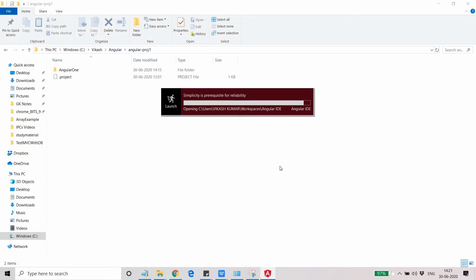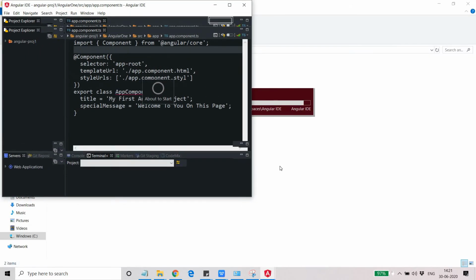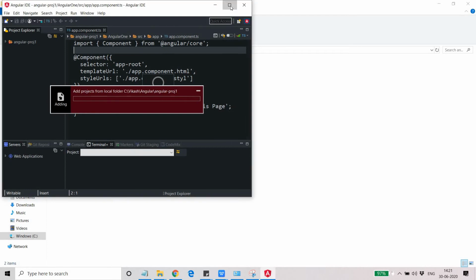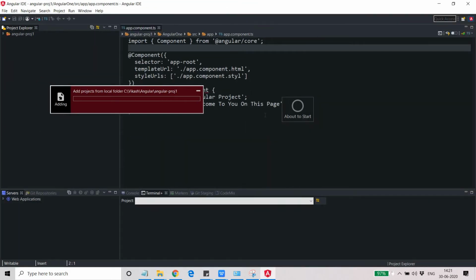You need to wait a few seconds before you will be able to see the project launched in your favorite IDE. So here is the project which is launching now. It is adding every project from the local folder. You can see the message.